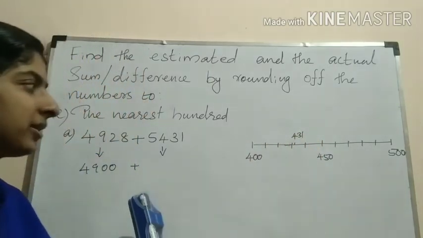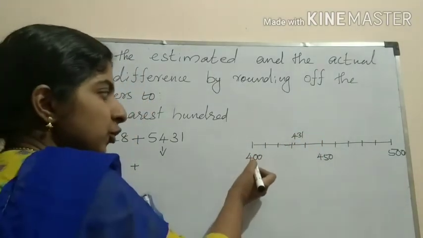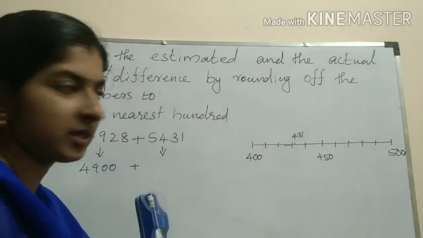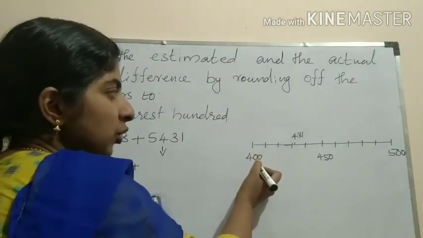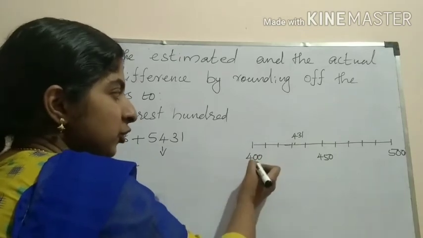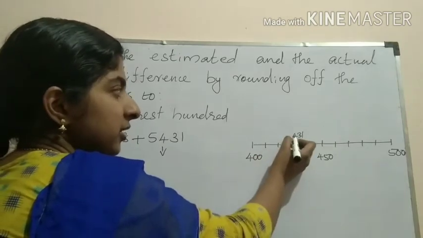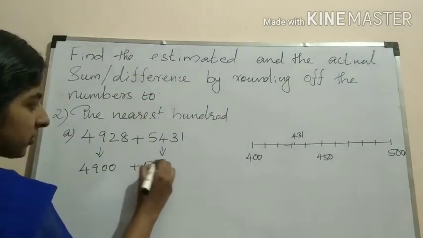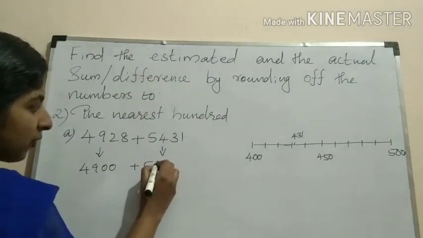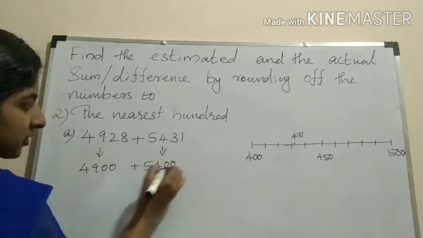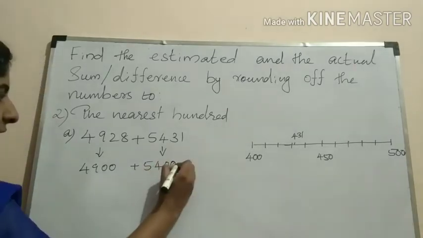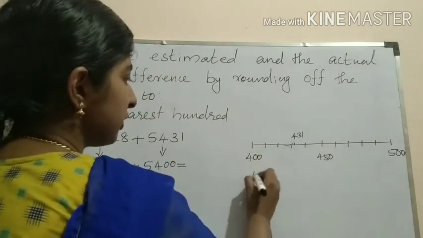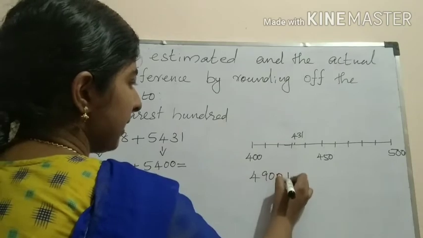So this 431 is nearest to the lower 100 or the upper 100? Nearest to the lower 100, nearest to 400. So this 431 becomes 400. 5431 becomes 5400. Then 4900 plus